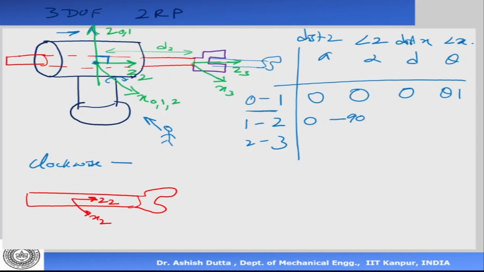Frame 1 and frame 0 are fixed onto the black color body, whereas frame 2 is fixed on the red color body. So when the red color body is translating, what is changing? The distance between the origin of frame 2 and frame 1 is changing. If it moves to the right side, frame 2 will come here now. This will become z2, this will become x2. What is changing? This distance, and that is my d2. So that is a variable, which is d2. There is no angle there, so it's 0.